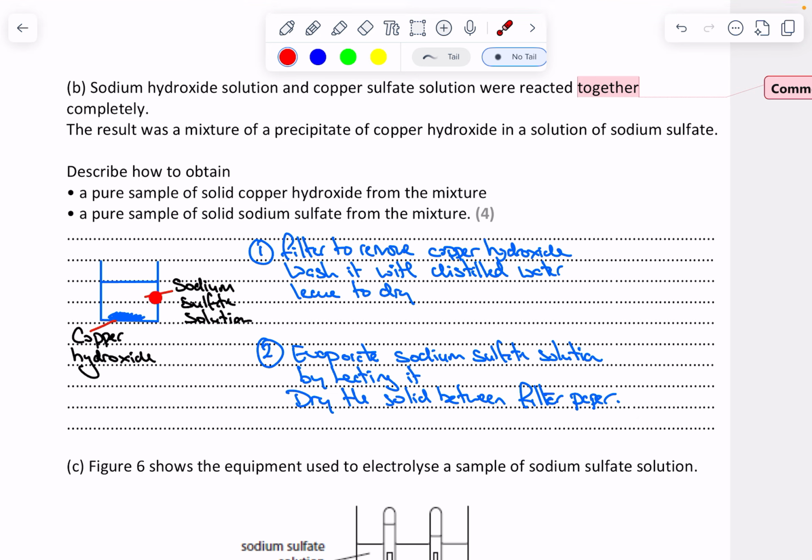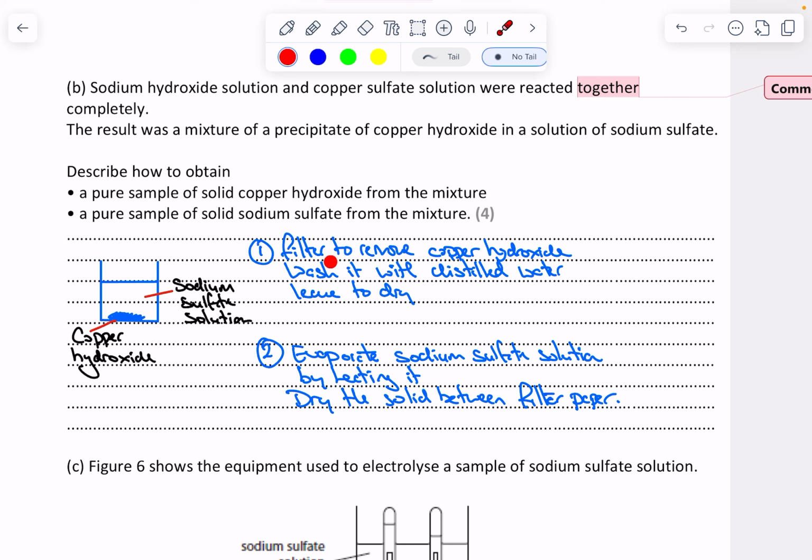And within the sodium sulfate solution, we've got a precipitate of copper hydroxide. So here is my copper hydroxide, and it's a precipitate, which means it's an insoluble solid. So I'm going to be able to see that because it's not soluble. So what I need to do first of all is let's remove this from the beaker, and to do that